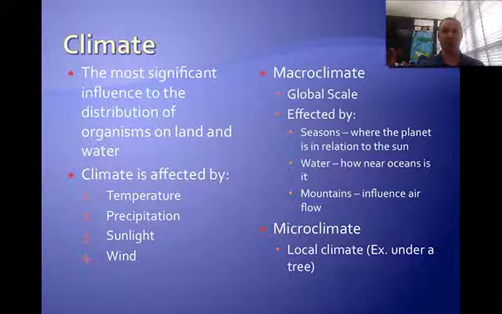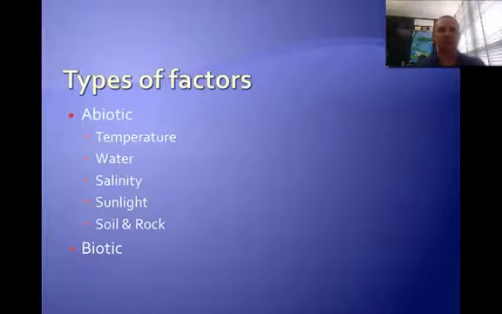You know, the climate on a large scale, the United States climate, for example, or North Carolina's climate, for example, is macro. The microclimate is on a very local scale, even to the point of being what the climate is like underneath the tree that is being shaded out. So we have two different types. Macro is very large, micro is very tiny.